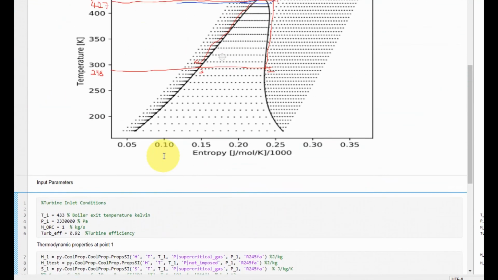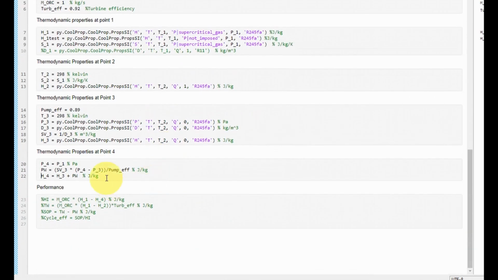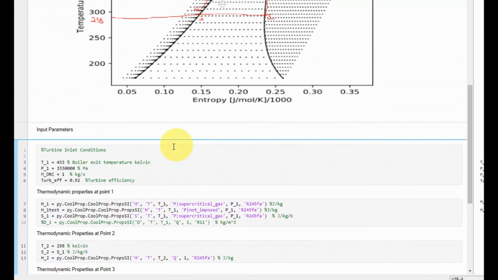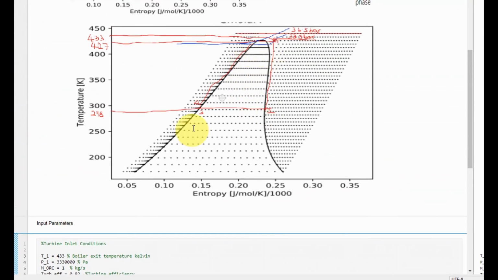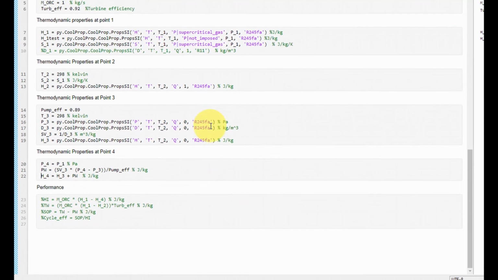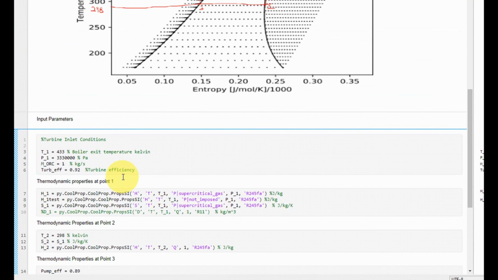With that, we are able to get all the thermodynamic properties of the fluid at the different points. And then we can go straight away to calculate the performance. It's going to be the same, and we already have all our units intact. And that's it. With this, you are able to compute your efficiency for